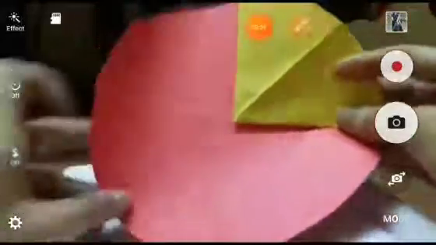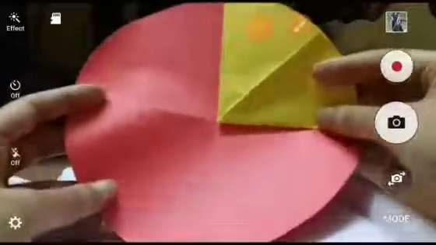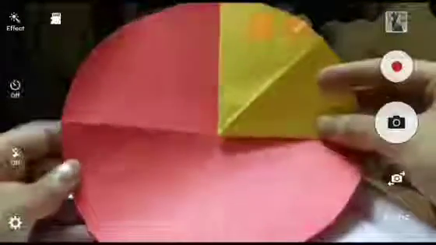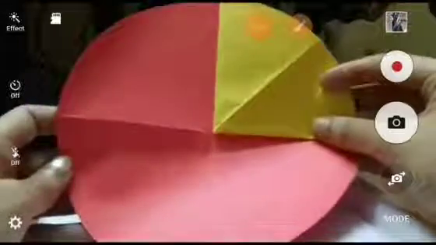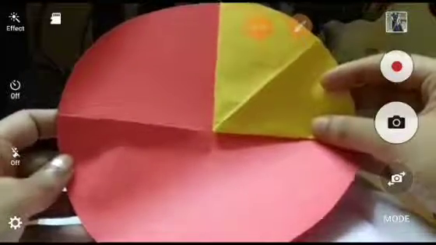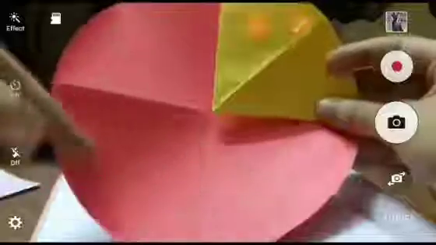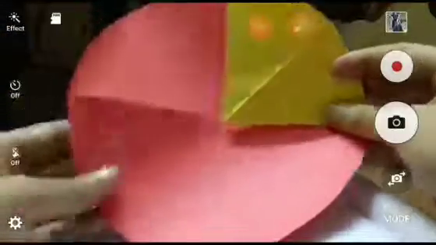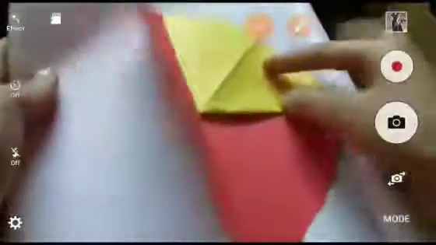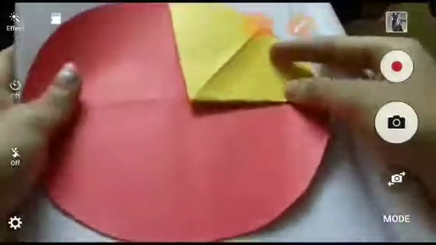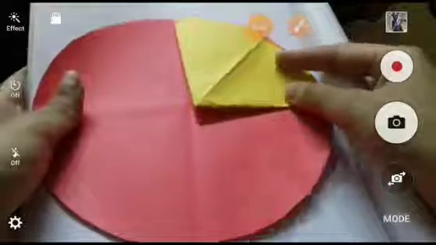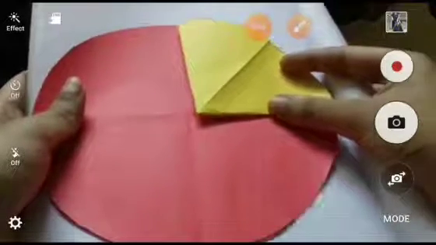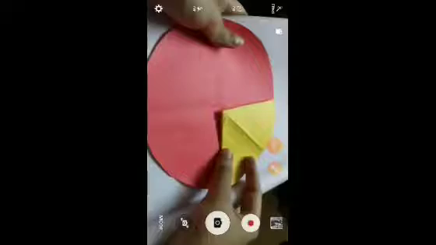Now for representing the 3/4 part, what will you do? Previously we have seen that the red portion represented only 1/4 of the circle. Now you can see the red color is representing 3 portions out of the total 4 portions. So again you are going to paste it in this way, and below it you are going to show that the addition of the fractions gives the whole number.